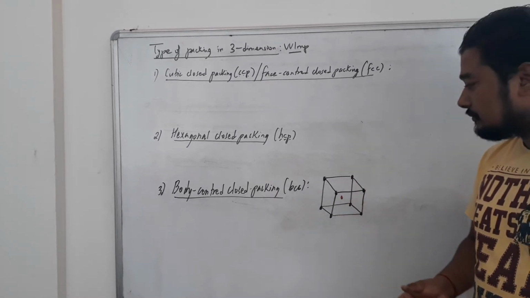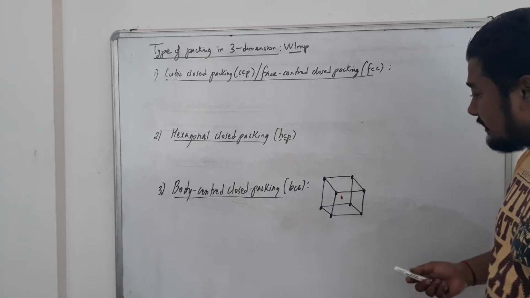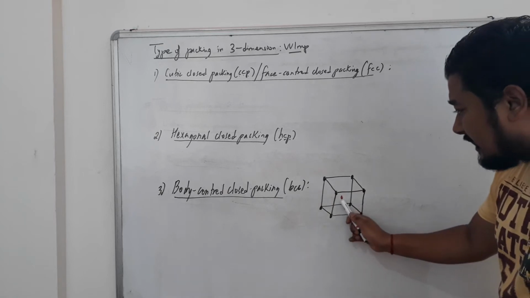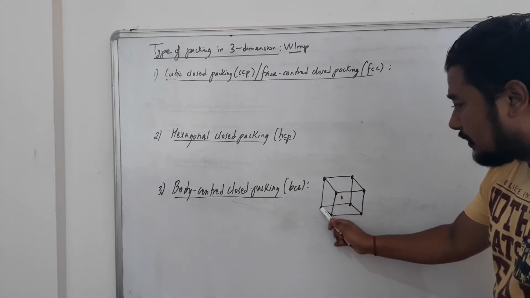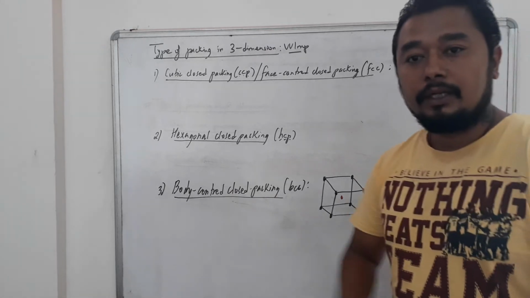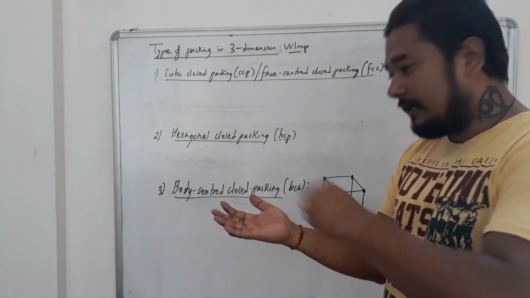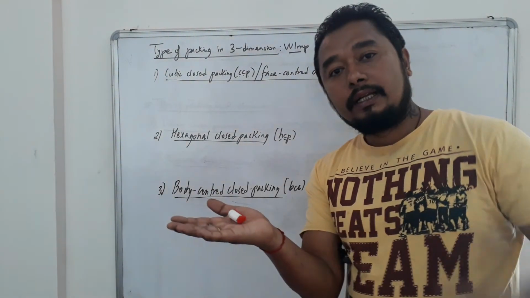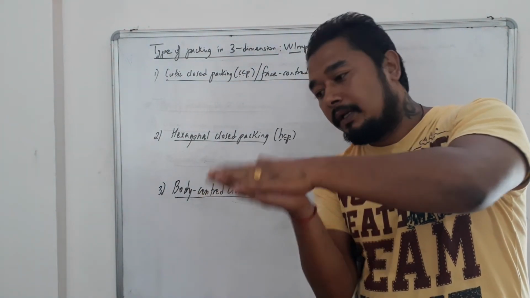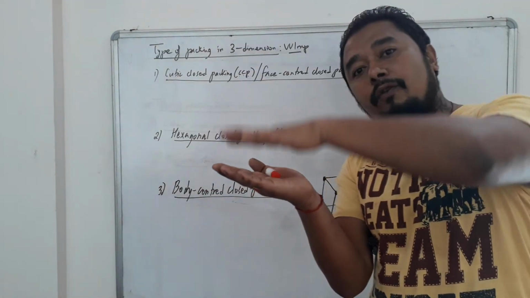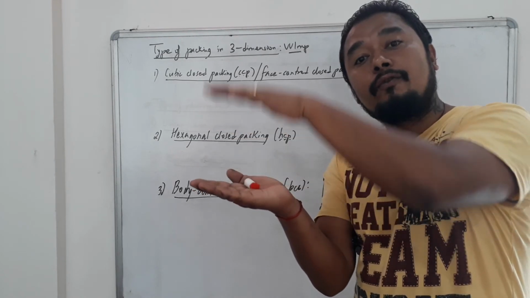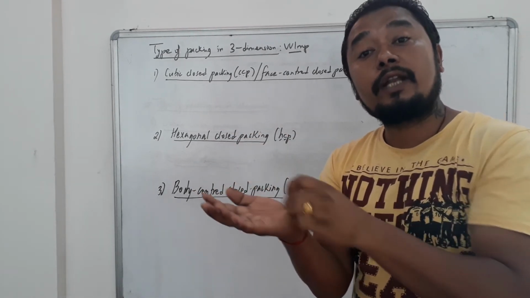Assume they are big. So we can see out here, students, this red particle is surrounded by 4 particles from above. Again, the same red particle is surrounded by the 4 black particles below. Suppose here I have a red particle, and consider this my palm. It is surrounded by 4 particles from up and 4 particles from down. That means it is in direct contact in total with how many? 8. 4 from up, 4 from down.